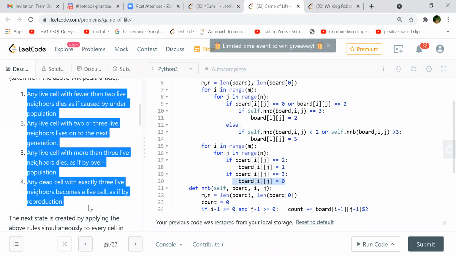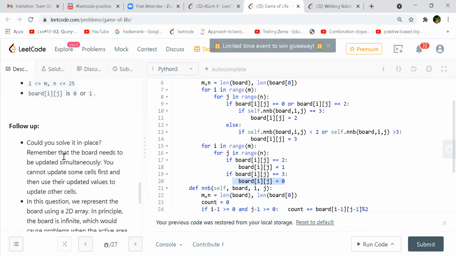You have to just jot down these rules, and then if you try to correlate with the statements, you'll get it. So this way it is very clear, because now you have to come in line 15 and 16 and restore the values back to 1 and 0, correct? Yes. That is a very simple thing, and this is done in place, kind of modifying. So taking 2 and 3 as the values makes more sense. This is good.